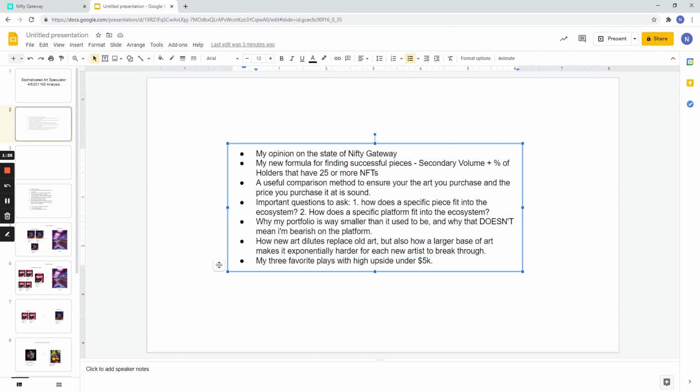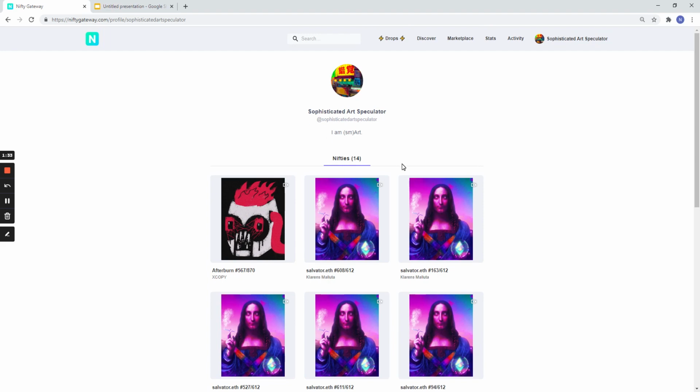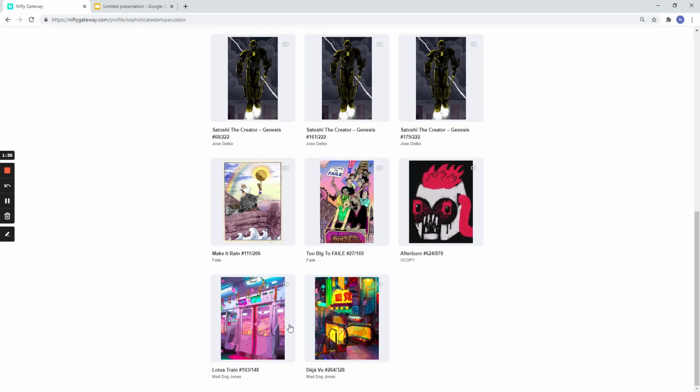So I'm gonna do these a little bit out of order. First and foremost, why is my portfolio smaller than it used to be? Multiple people have asked me about it. So this shows that I have 14 NFTs. I actually have 15. I have a Lotus train in one of my wallets,